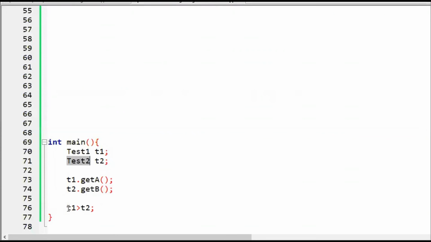But here if you pay a little attention, I'm comparing two objects. If they are integer type, then the compiler would understand these are predefined data types. I know the logic. But in case of user defined objects or user defined operands, the compiler would say, hey user, you should provide me the logic.